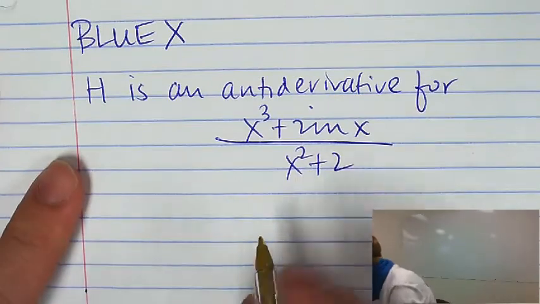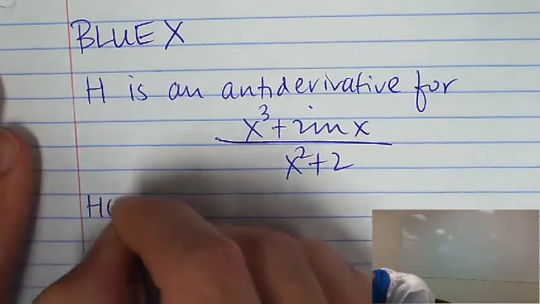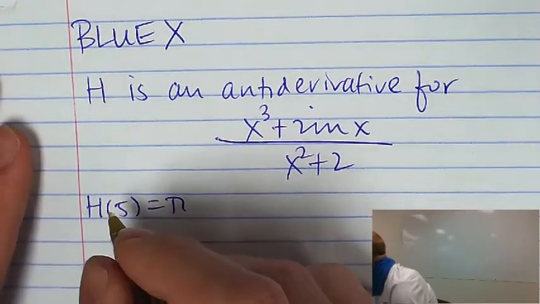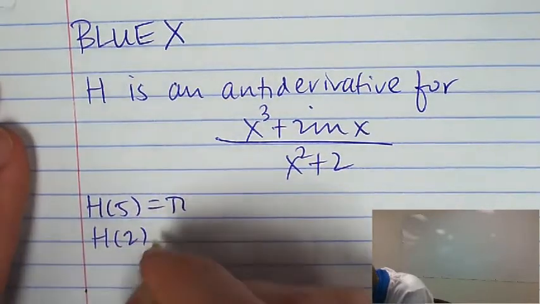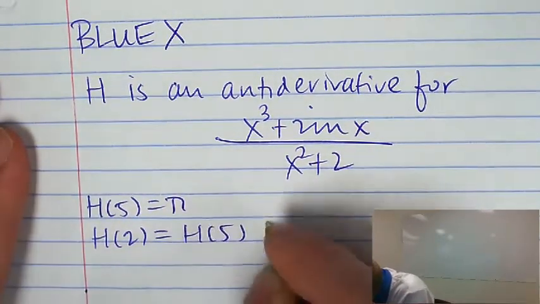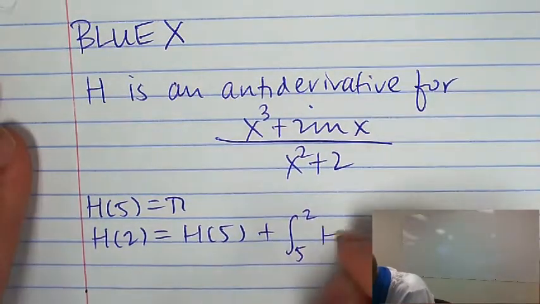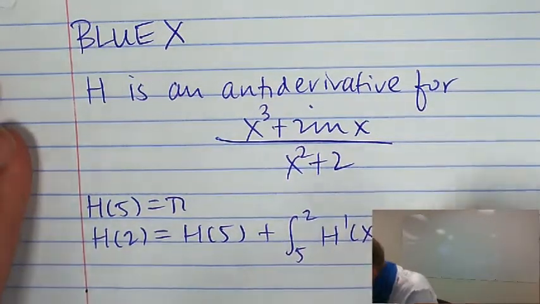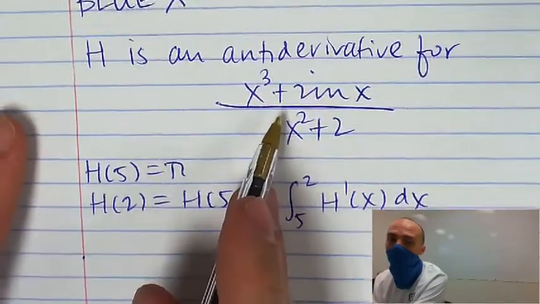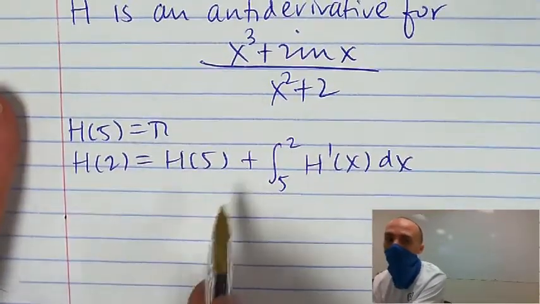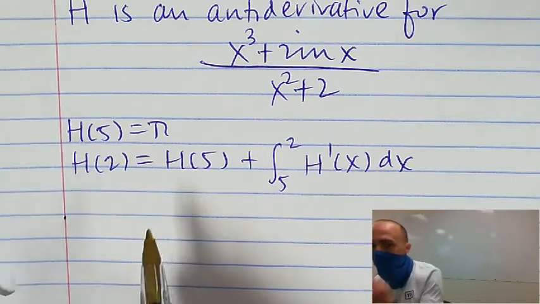So, if h of 5 equals pi, then h of 2 equals h of 5 plus the integral from 5 back to 2 of h prime of x dx. Okay, h prime is this function right here, so I'm just going to plug in